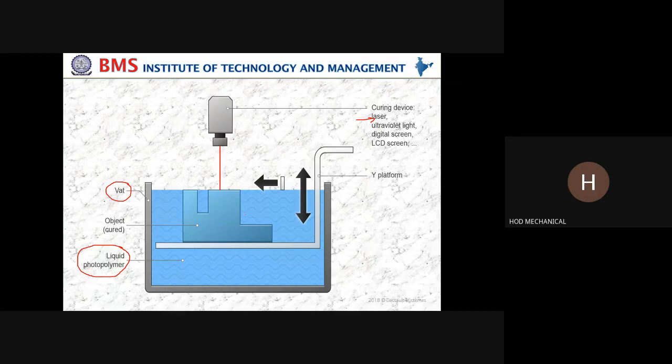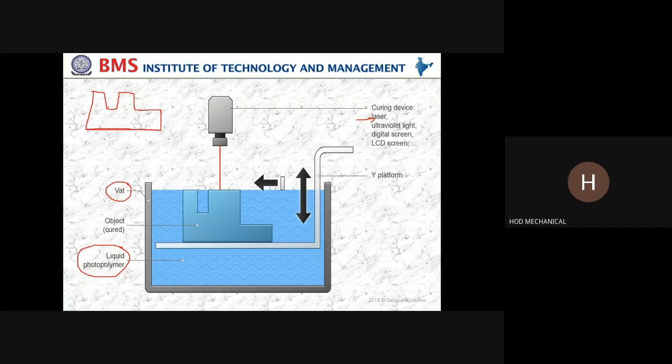Now this is the object that you want to develop. Please observe, this is the object that you want to develop. Just assume that it is a straight one. First, what are you going to do? You are not going to build from top to bottom. Please observe, you are going to build from bottom to top. First, the bottom layer you have to carry out.